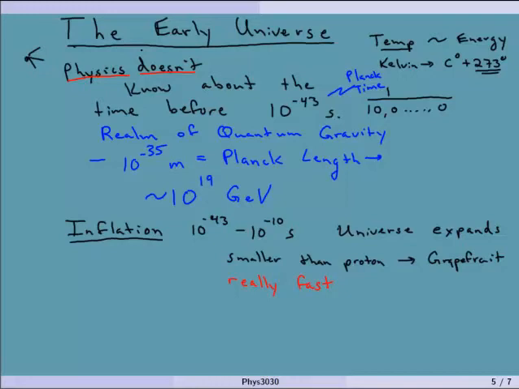And we'll talk about that later on. But the next step that I want to talk about, so I can do some erasing here, is at 10 to the negative 10 seconds. What happens here is the electroweak